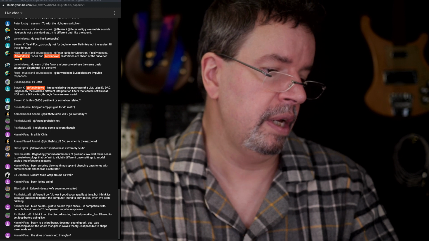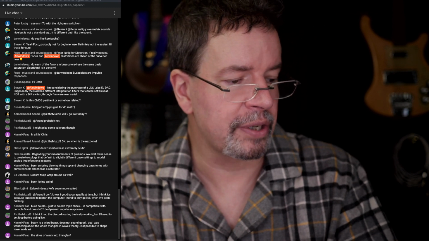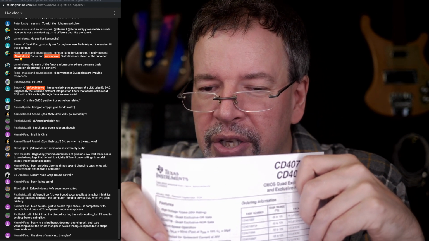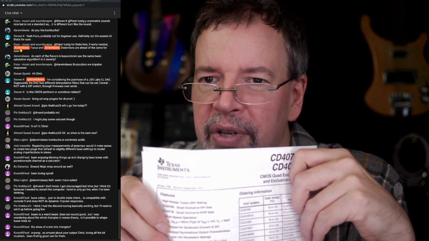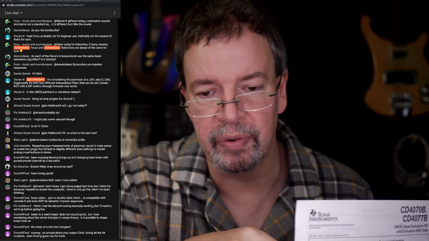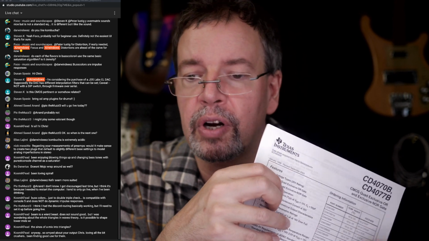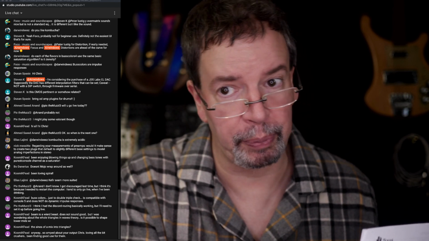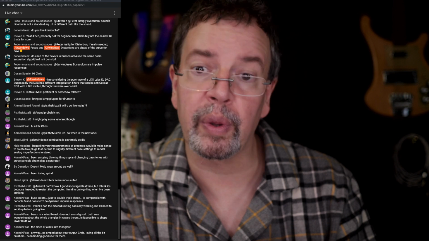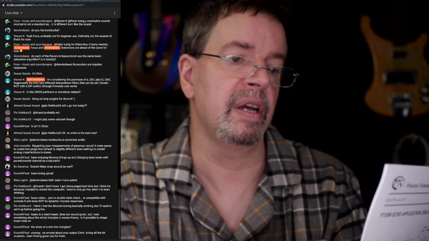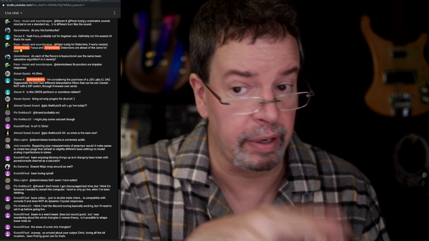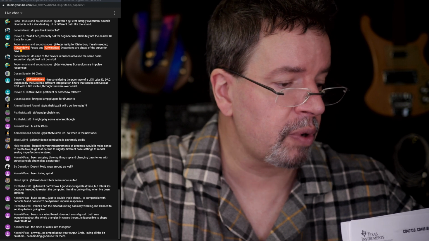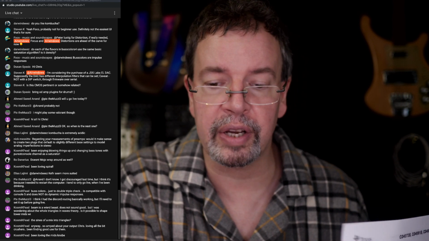Then you've got quad exclusive OR and exclusive NOR. This is the mini shimmery. This is synthesizer cymbal sounds. You run a bunch of little square waves into these and you start getting something that sounds like a hi-hat. You start getting a crazy thing out of it. I have used multiple mini shimmeries. Mini shimmeries from Blue Lantern are based on this idea. They're based on the 4070. They use square waves going into it, but you set up the right frequencies and the square waves go into that and you get a very cymbal-like sound.